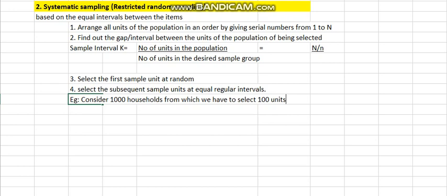Here in this example, the number of items in the population is capital N equal to 1,000. Then the proposed sample size, small n, is equal to 100. Therefore, here we have to find out the interval, that is k. K equals capital N divided by n, that is